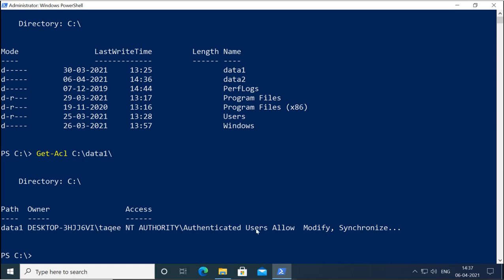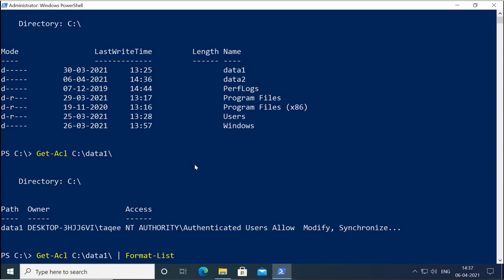Authenticated users are allowed to modify and synchronize. Now it is not showing in detail, so I will use one more option with this. I will use pipe and I will say Format-List. That means show me in list format.